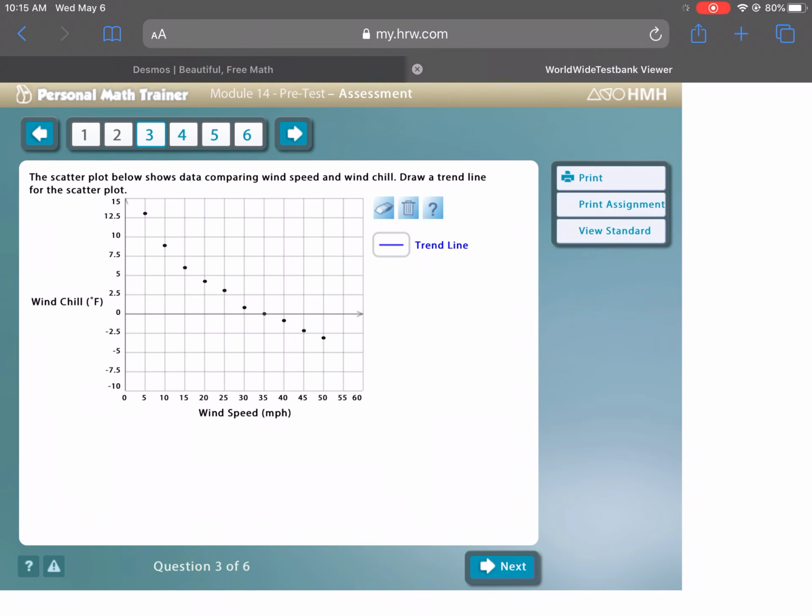All right, so now number 3. The scatter plot below shows data comparing wind speed and wind chill. Draw a trend line for the scatter plot. Remember, trend lines have about the same amount of points above and below. So here we can say